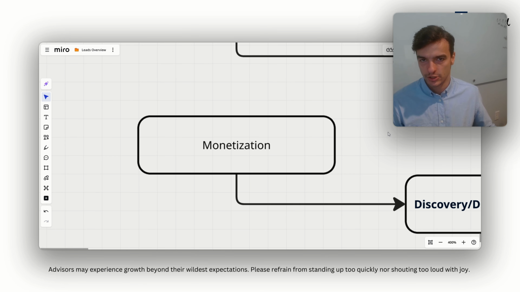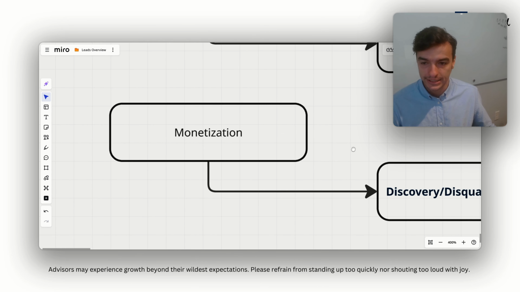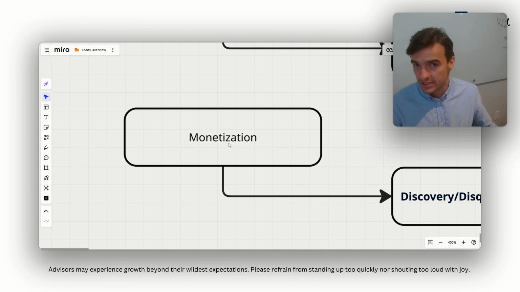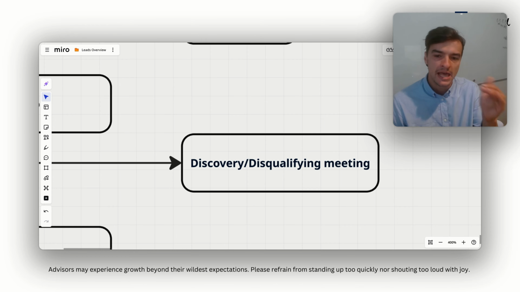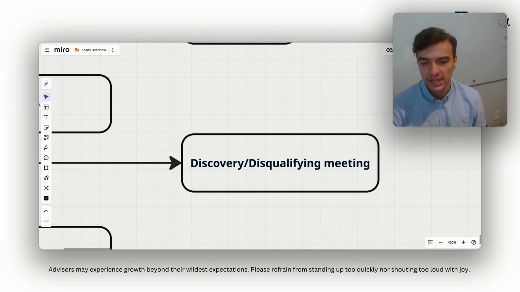Looking at the monetization model now, or the monetization idea: how are you going to sell and how is selling being framed? The first place you start is disqualifying or discovery. Discovery, in person, you're having this with the prospective client, diagnosing issues, looking at their current situation, and ultimately finding out if they're going to be a client. Do they have the assets? Do they have the need for you? Do they merit the fee that you're going to charge them? That's what you want to look at with discovery.